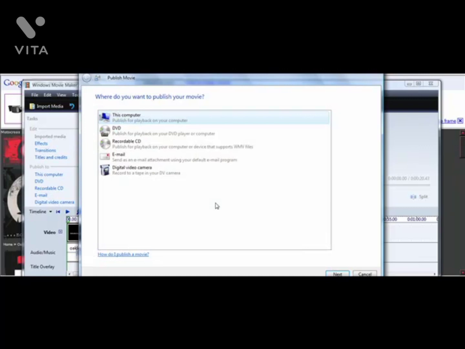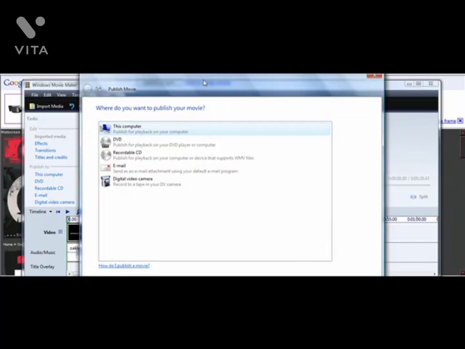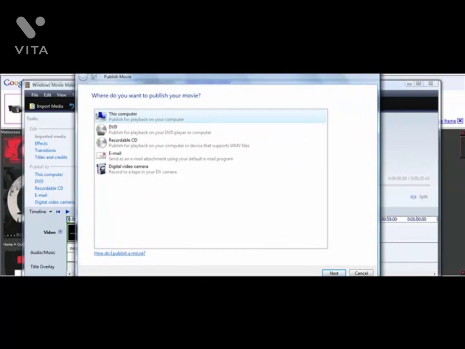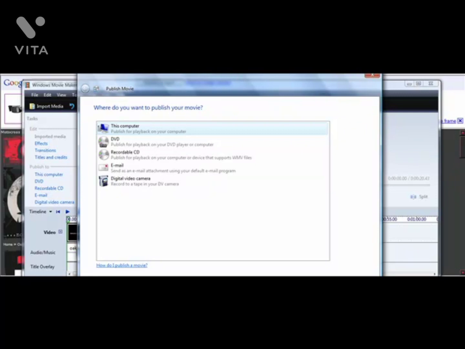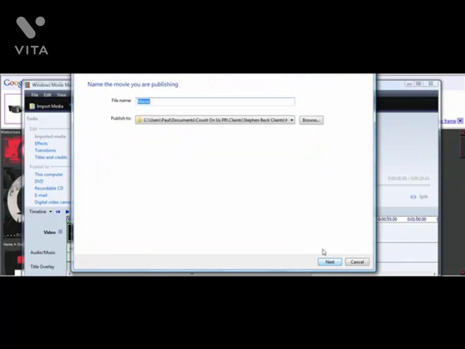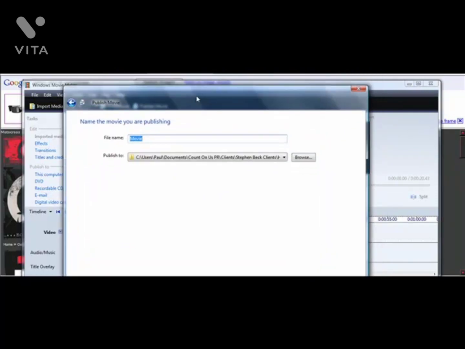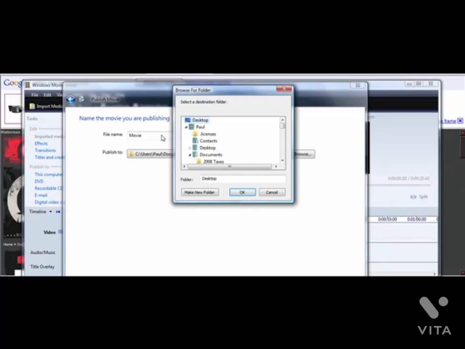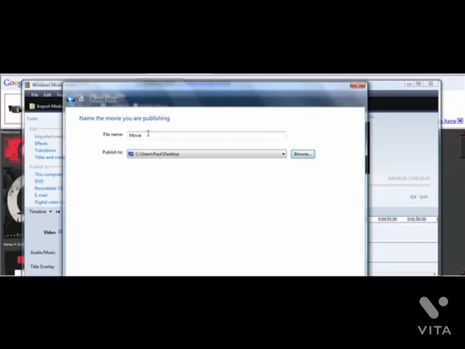So go ahead and choose File, Publish Movie, and then choose to this computer. So let me just bring this window down, publish to this computer, then click on Next, and choose the folder you want to save it in. So I'm just going to go to Browse, and let's just save it up here to the desktop. Hit OK, and let's call this Oakley Gas Can Movie. And then simply come right up here, click on Next down in this area,